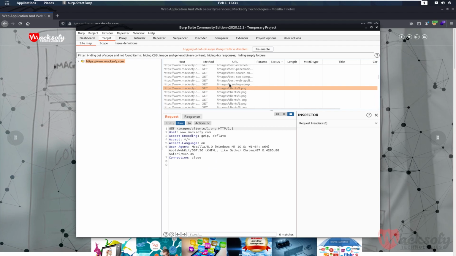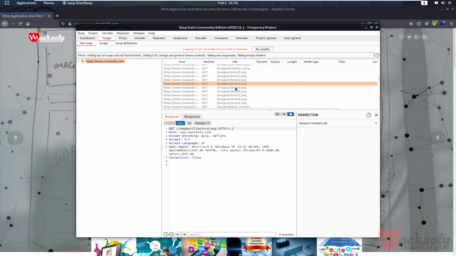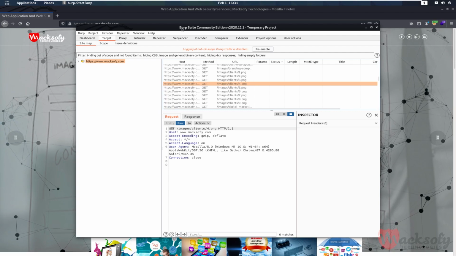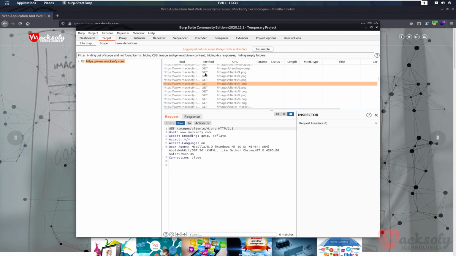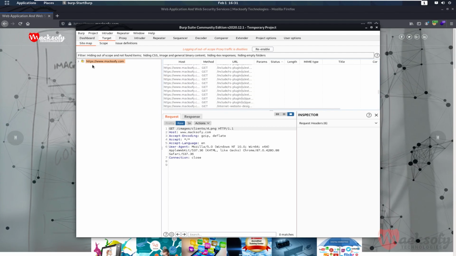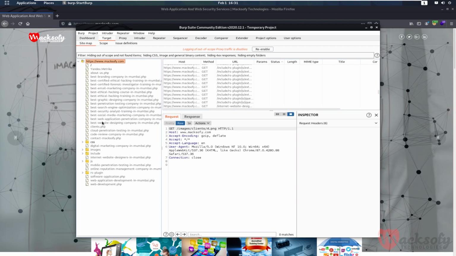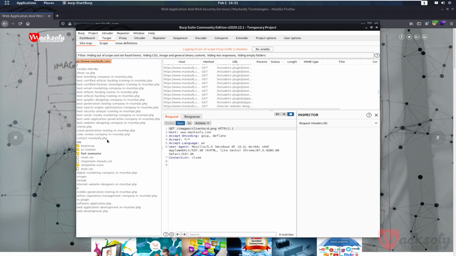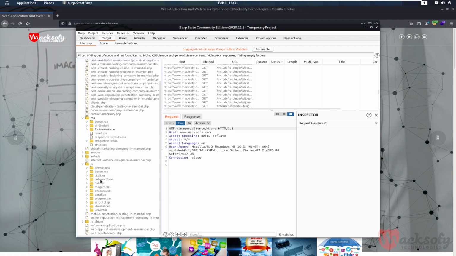Burp Suite is an excellent tool for website crawling and spidering. All these websites you see automatically over here, and the files are happening through the web spidering of this Burp Suite tool, which automatically spiders the website and gives you the contents like you can see over here. If you click over here on this part, you can see the files and the CSS files and the JavaScript files as well in a systematic order.